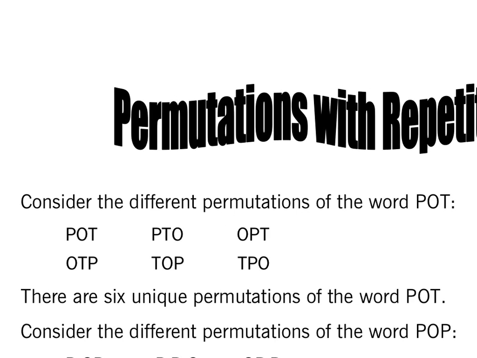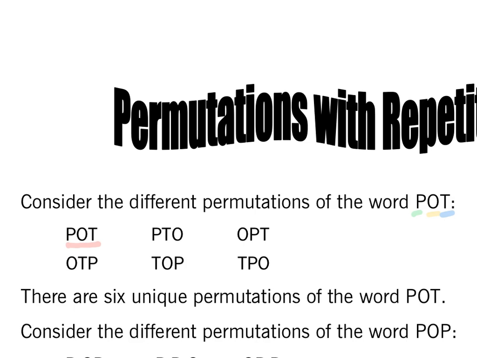Now, pot, of course, has three letters, P, O, T. And we want to see how many different arrangements of those letters we can have. And I'm picking a three-letter word because it's fairly straightforward. So, of course, we have